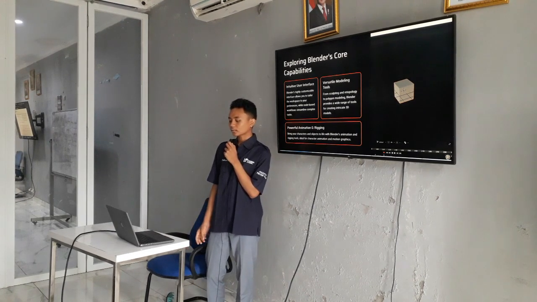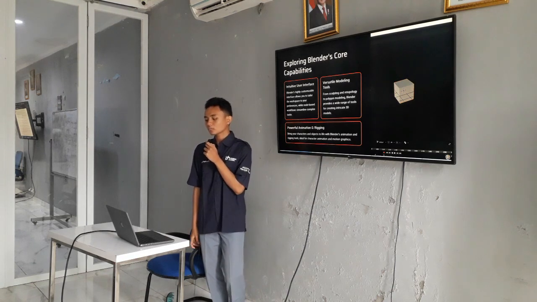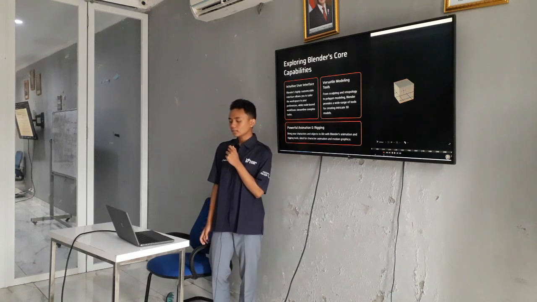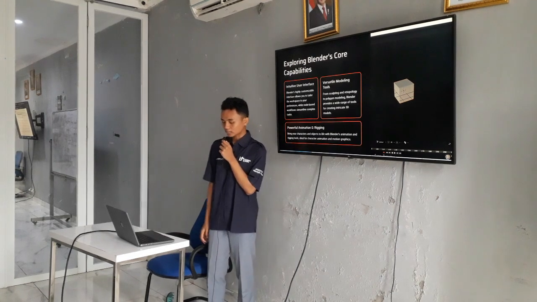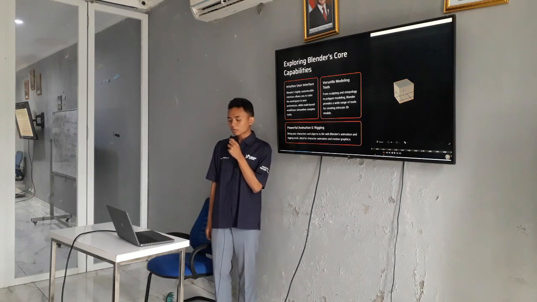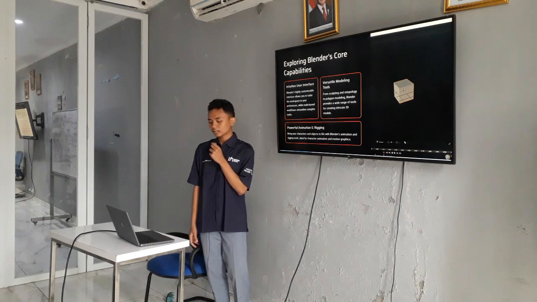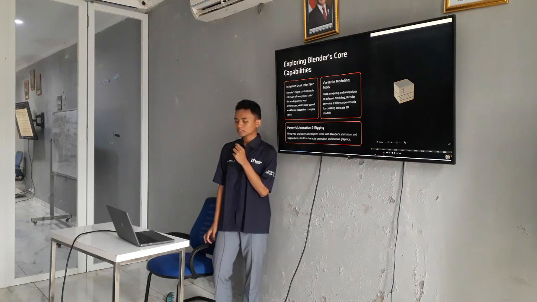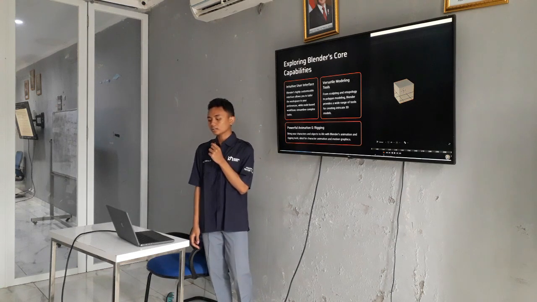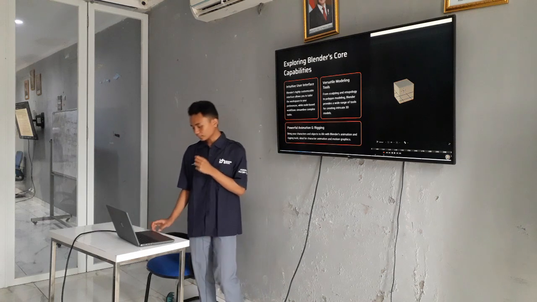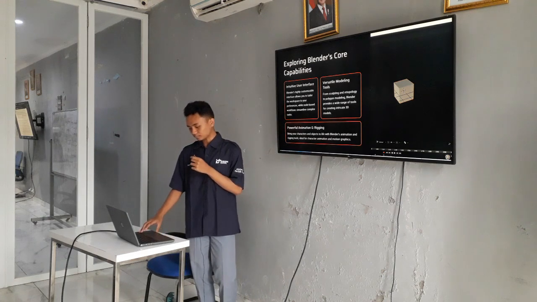From sculpting and retopology to polygon modeling, Blender provides a wide range of tools for creating intricate 3D models. And then the powerful animation and rigging. Bring your characters and objects to life with Blender's animation and rigging tools, ideal for character animation and motion graphics like CGI and others.